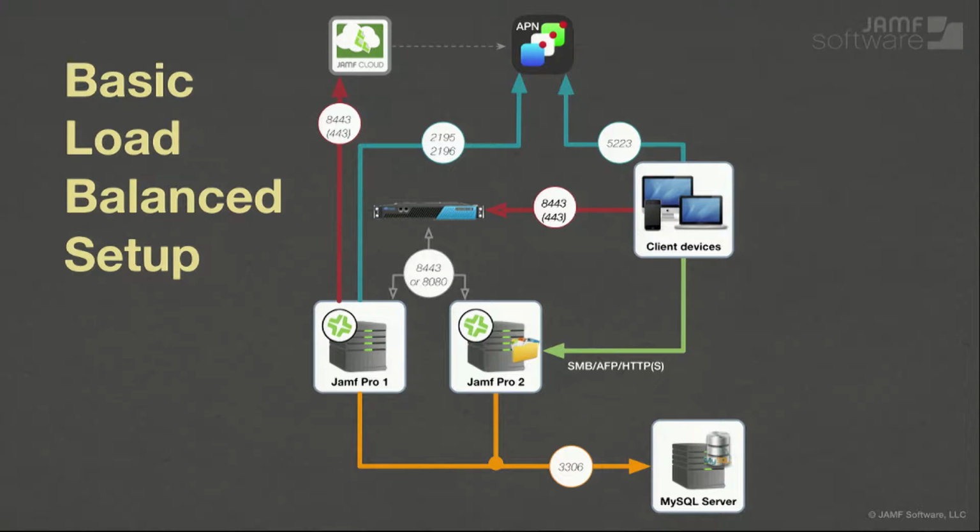It could be a wildcard cert. Or you could go through the whole CSR and private key process to get a bespoke cert. One thing I really love to do is to take the management URL of your JSS and set that as the common name in the certificate. And then, if your CA supports this, use subject alternate names, SANs, for everything else